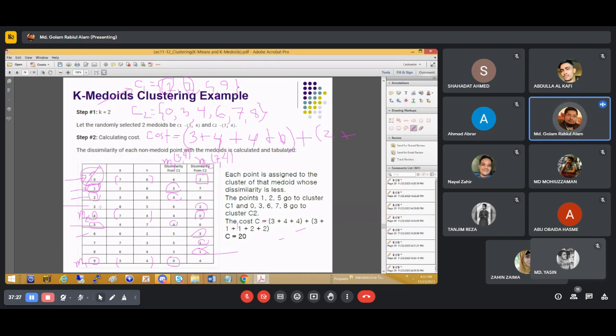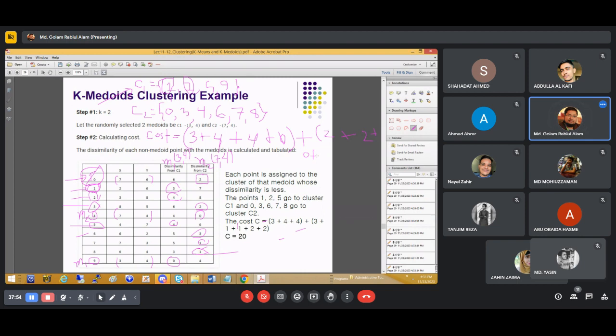You can see here the minimum cost is 2, plus the next element is 4. For element 4 the minimum distance is 0, plus